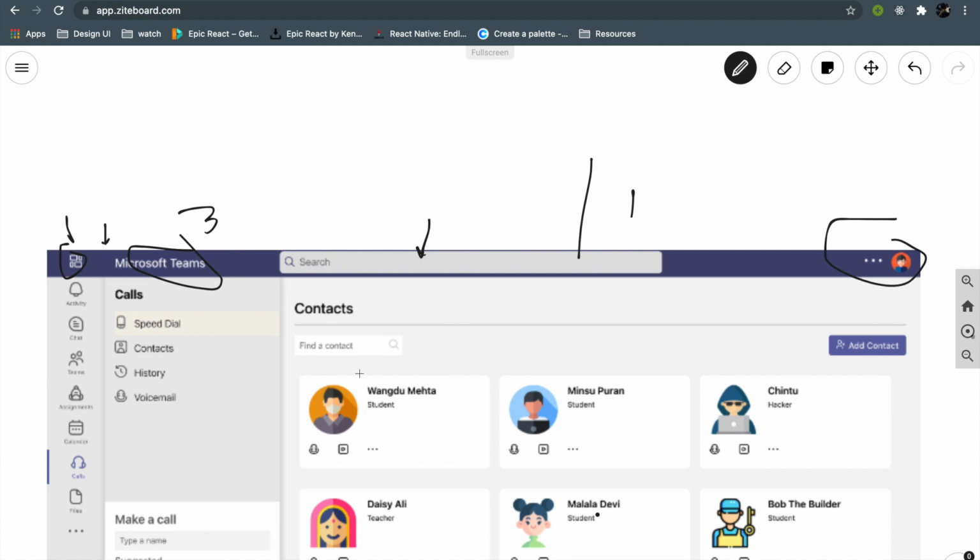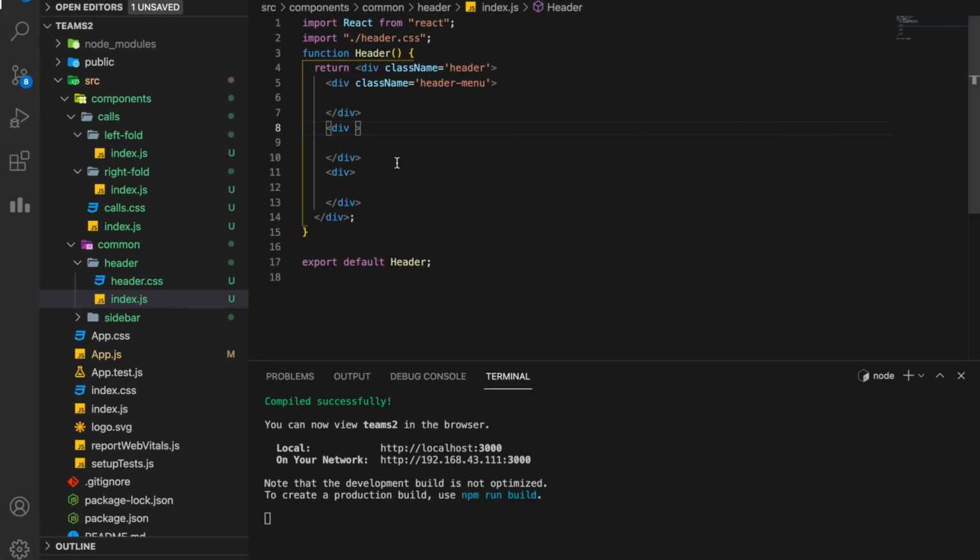See, I am creating a mind map in my brain so that I can create my class components like that. This menu is parallel to the sidebar, this title is parallel to this left fold, and this search and profile part is parallel to my right fold. So I am naming it similarly. Class name is header left fold and class name is header right fold.